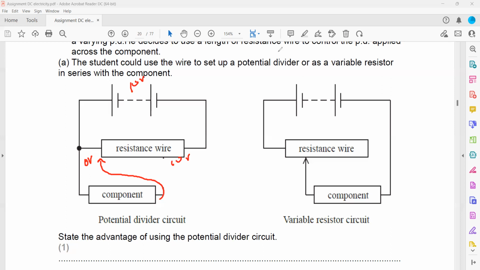But here it cannot be. Like if I move, the potential across the component cannot be zero in a variable resistor circuit. Like if I connect here, if it's a 10 volt supply, the charges have to pass through this component only, so maximum 10 volts will be there. But if I move this sliding contact,